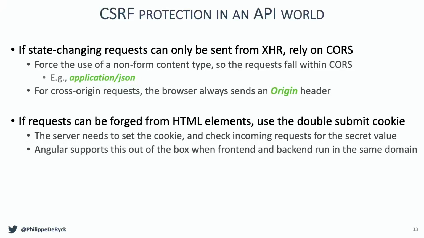So double submit cookies are a pattern to eliminate CSRF in a transparent way, in the sense that the server doesn't have to keep track of CSRF tokens. You push it to the client in a cookie. So what really happens is the client application, let's call it an Angular app, will read that cookie and copy the secret value into a header. And only your application can do it, because only your application runs in your domain. Otherwise, again, you're screwed and CSRF doesn't matter. But only your application runs there, can read that cookie, can attach it there. So if it's present, it's legit. If it's not present, it probably comes from somewhere else and you don't want to accept that.